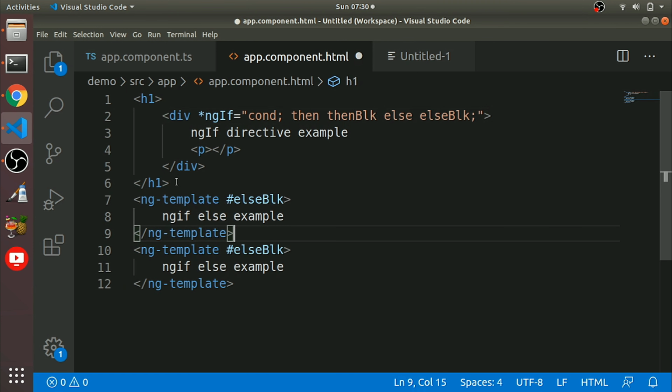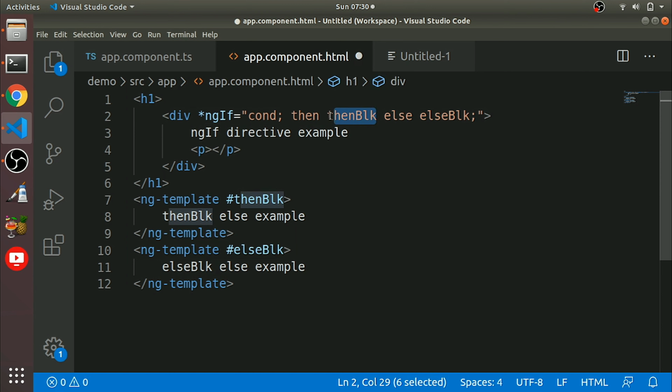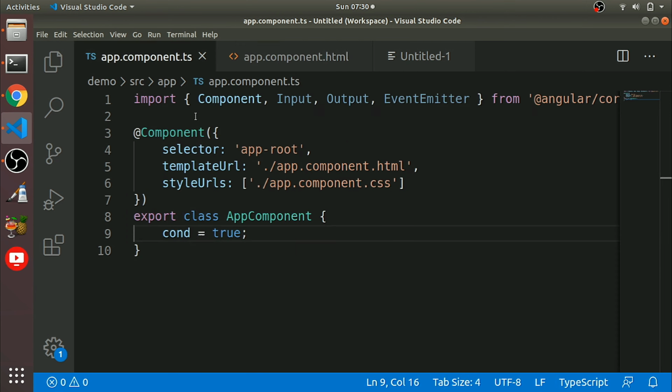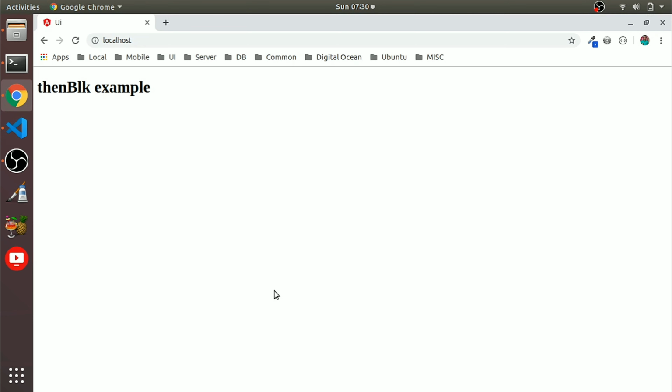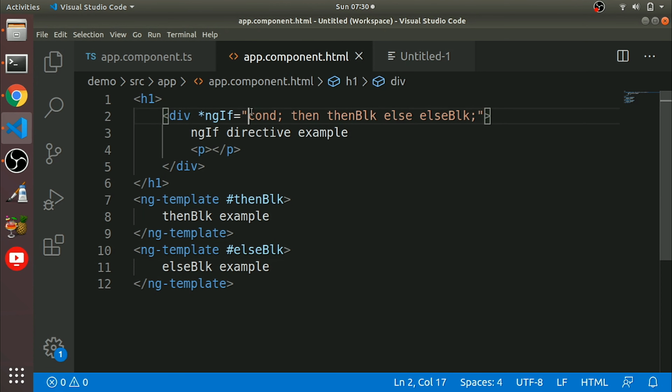Currently the condition is true, so it will show the then block. Then block example.